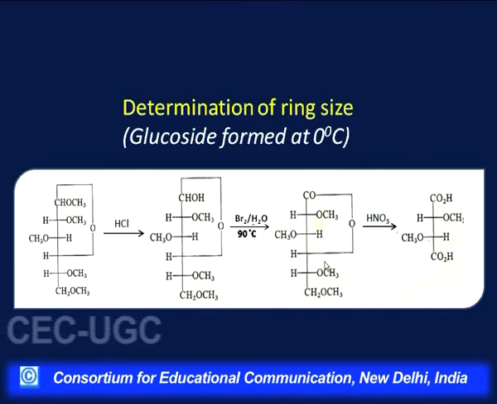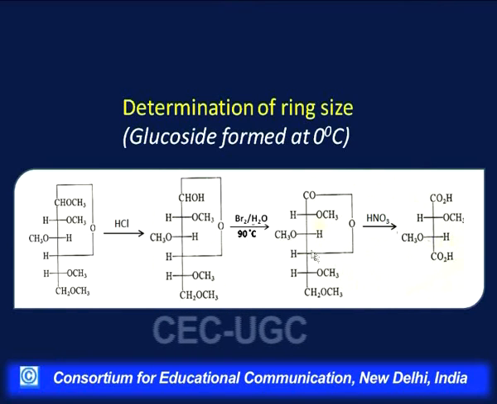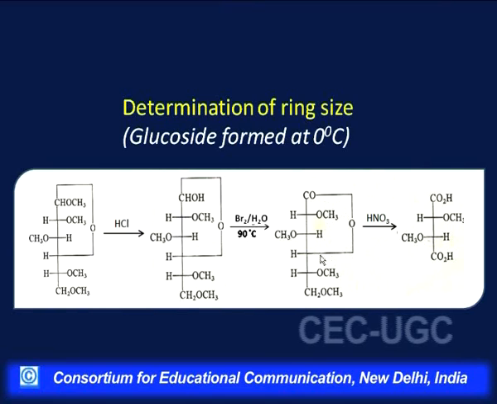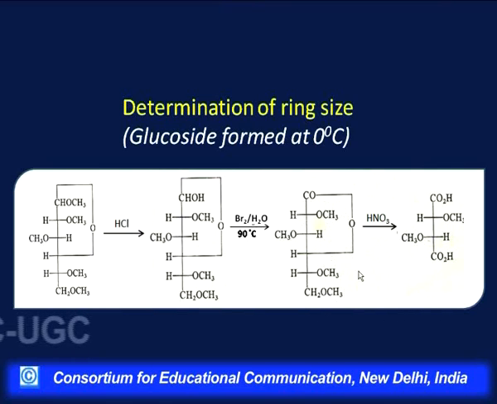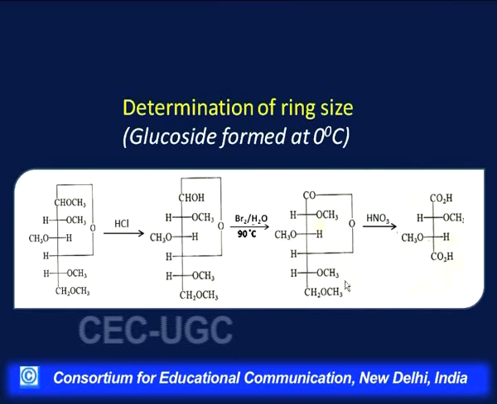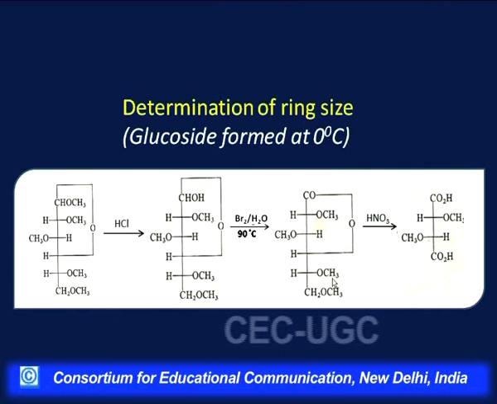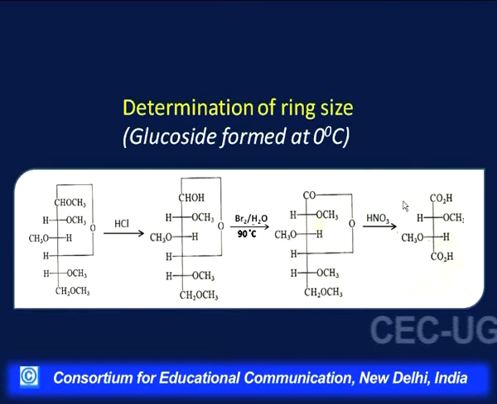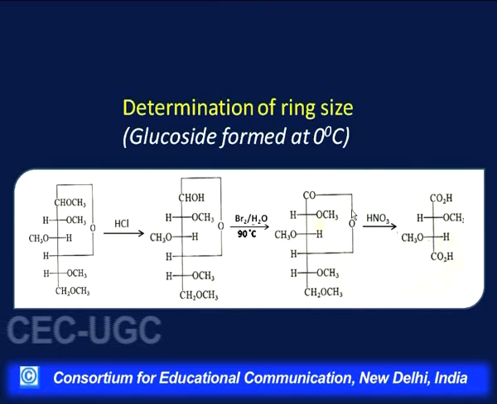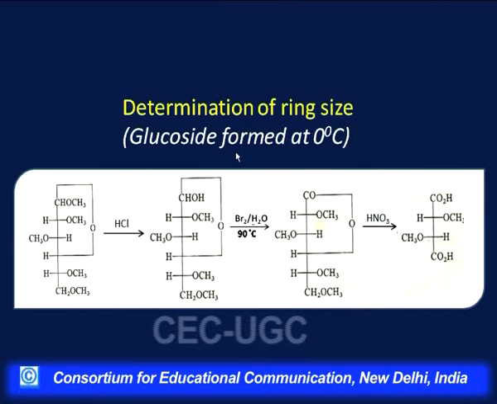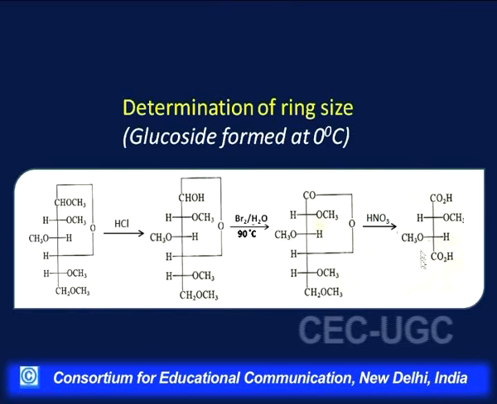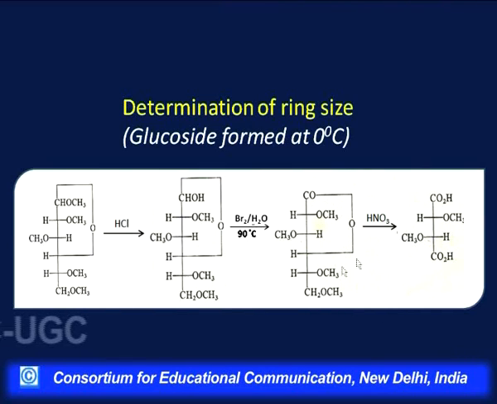ring structure, because in no case if a 5-membered ring structure is there, can we obtain a 5-carbon dicarboxylic acid, and if it is a 7-membered ring structure, again we cannot get it. So, a 5-carbon dicarboxylic acid that was obtained confirmed that the ring structure was 6-membered in the normal glucoside, and here we are getting a 4 carbon dicarboxylic acid, that indicates that it is a 5-membered ring structure in